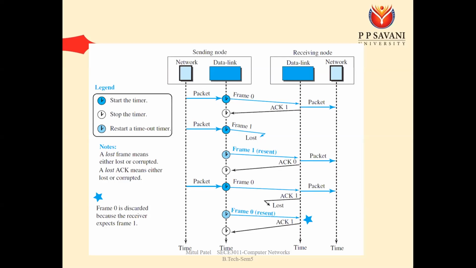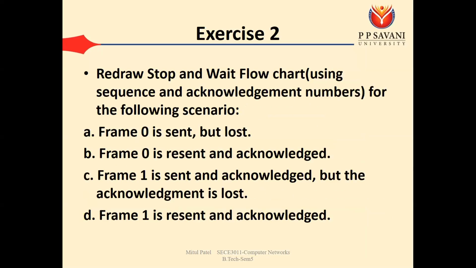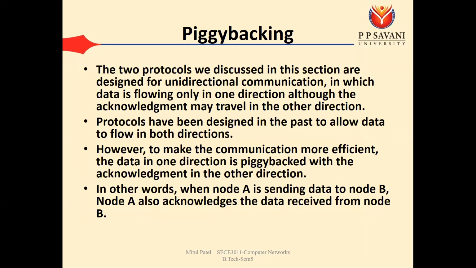When our frame and acknowledgement are both combined in one frame, then we have bidirectional communication. It is a somewhat complex thing, so we are not showing this diagram, but you can say that piggybacking means a single frame contains both the data and the acknowledgement. Okay, so this is the end of the flow control mechanism. The next responsibility of the data link layer is addressing, which we will see in the next lecture.